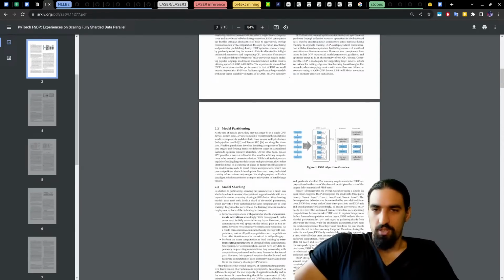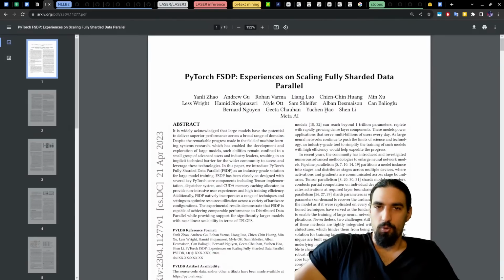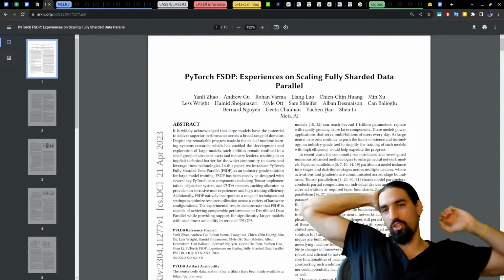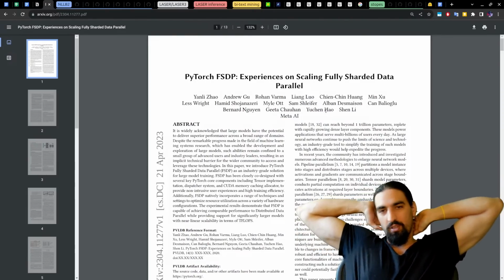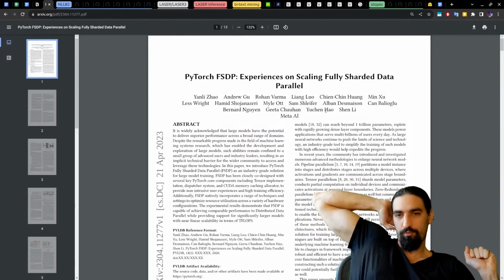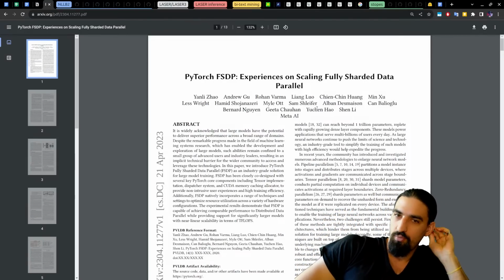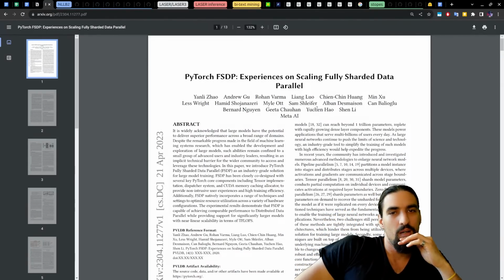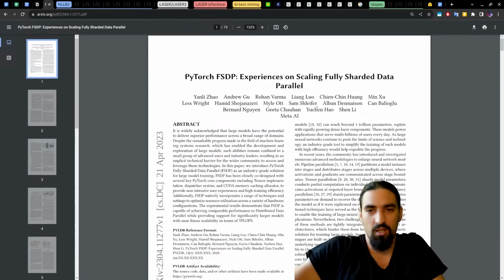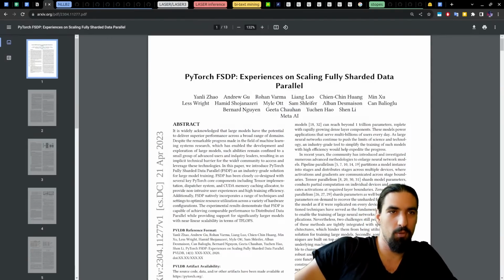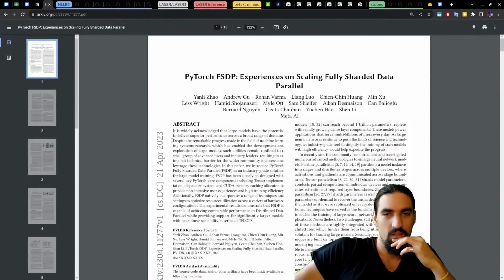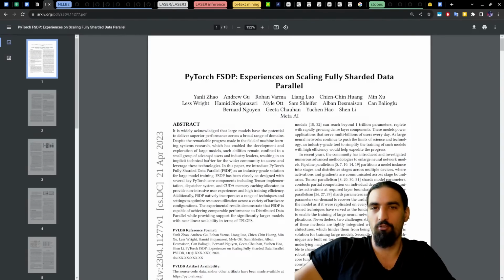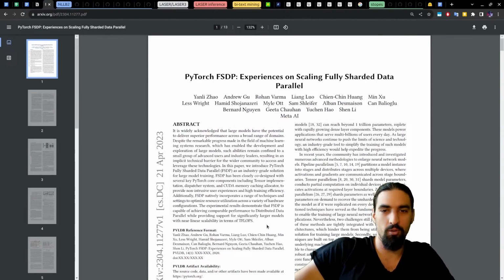That's it for this beast of a paper, PyTorch FSDP: Experiences on Scaling Fully Sharded Data Parallel. So a bit different compared to what Megatron and DeepSpeed are using and doing, but this is now the solution that's going to be in PyTorch 2.0, which means a lot of people are going to be using this. Although all of the big companies training big models have their own proprietary stuff, so they probably don't even care. So this is probably good enough for most people who will be using PyTorch 2.0 as it is.